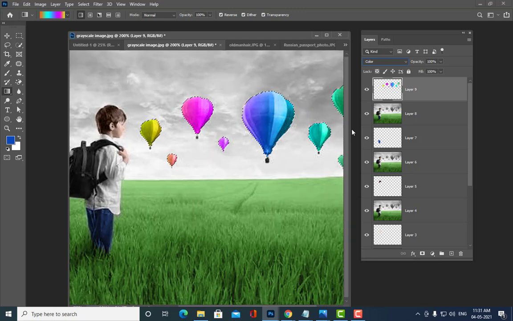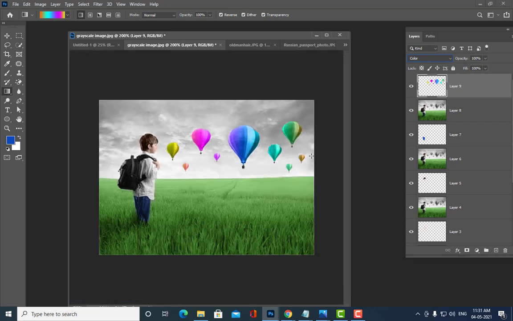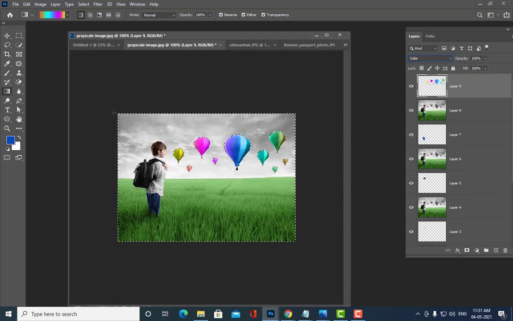Now what you will do is, see, it has selected the opposite area, but we want only the sky area. Okay, so we have to minus the grass, as well as we have to minus this boy. So what you have to do, see, I am going to use Alt, and I am going to select the marquee tool, rectangular marquee tool, and then simply draw a selection.